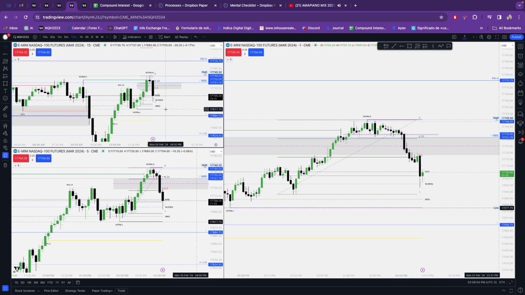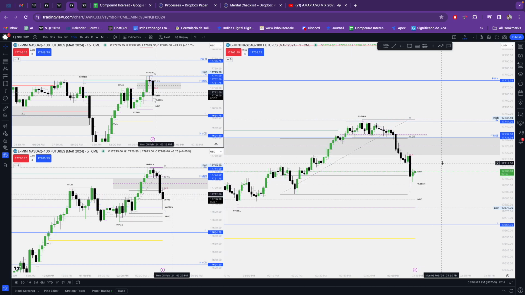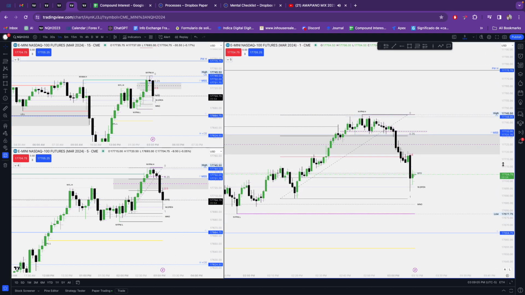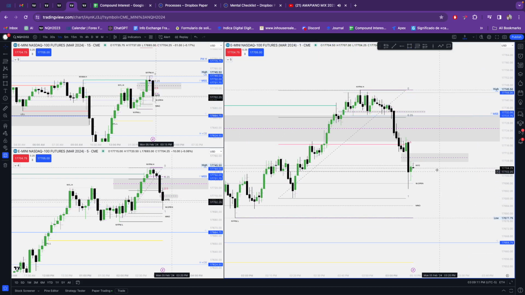So we are in a deep discount, so this would be an opportunity to go enter in for a call. We do have this fair value gap here forming. We may see a run up into this, wick up into it, and a continuation to the downside. So we are on the sell side of the curve. And let's see here.